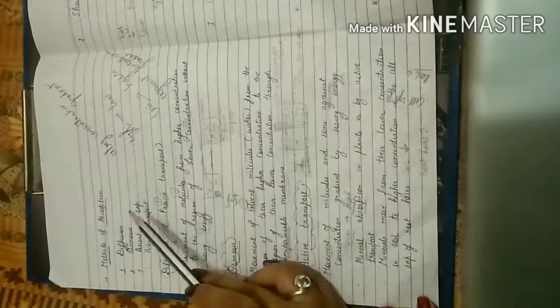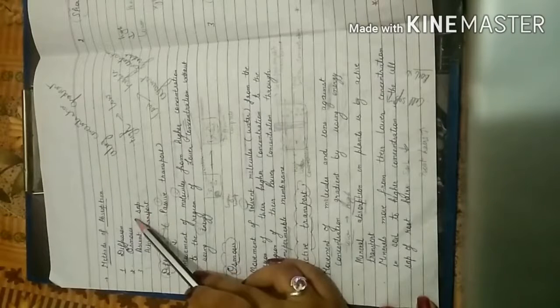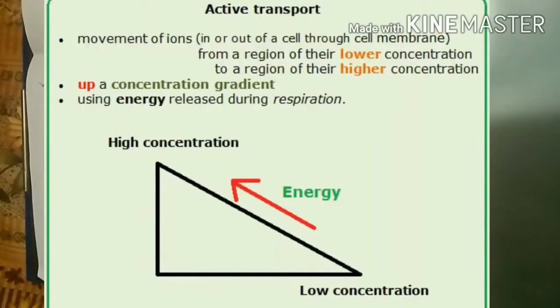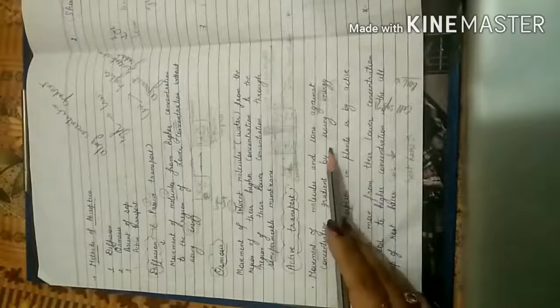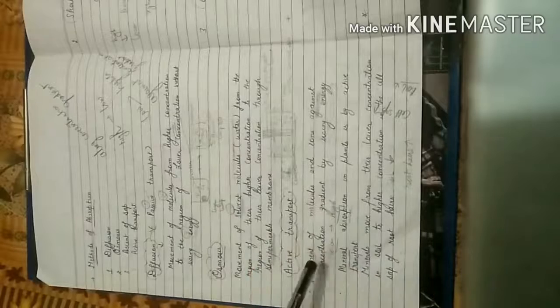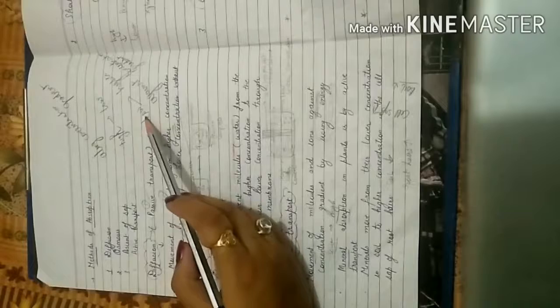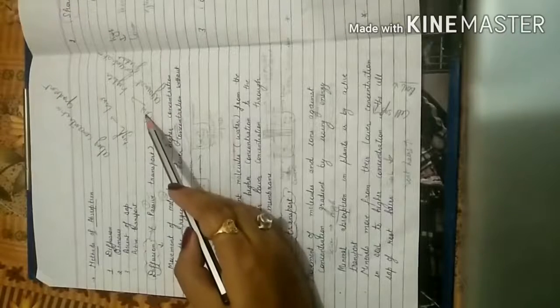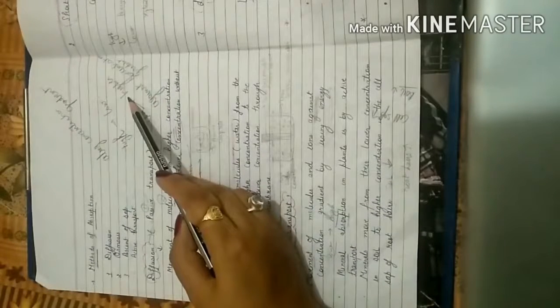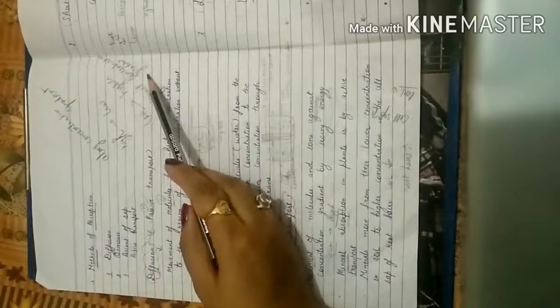Then the ascent of sap we have already studied in the previous video, that it is the upward movement of water, right, through xylem towards the aerial parts of the plant. Then active transport. In active transport, movement of molecules and ions is against concentration gradient by using energy. See now here, it is against concentration gradient, meaning the substances will be moving from a region where it is present in low amount towards a region where it is present in higher amount. So we may say that it is against concentration gradient, right?